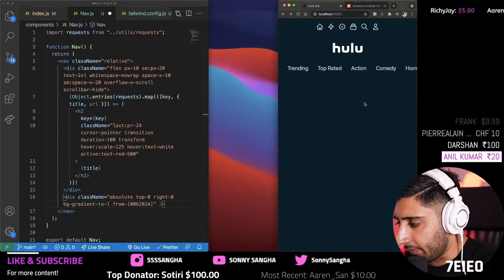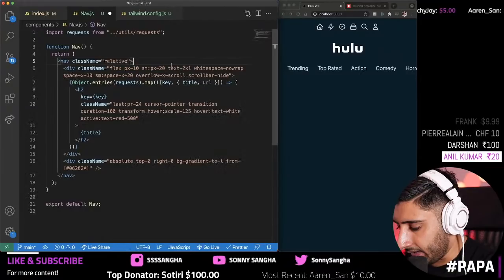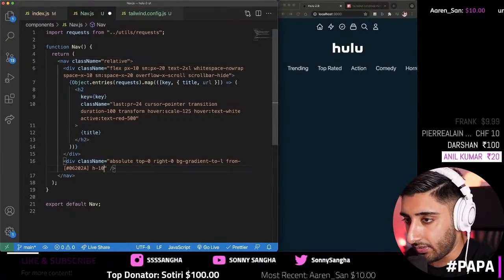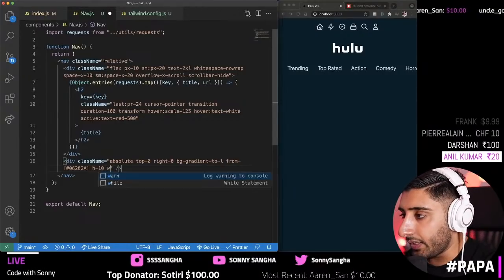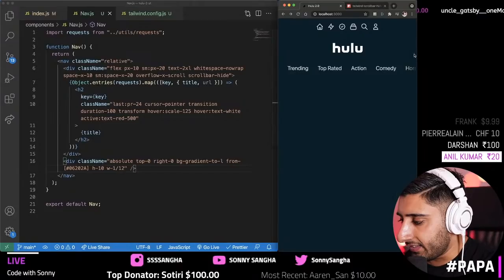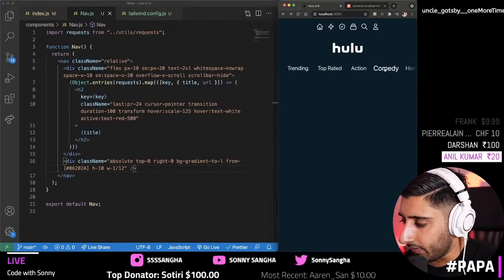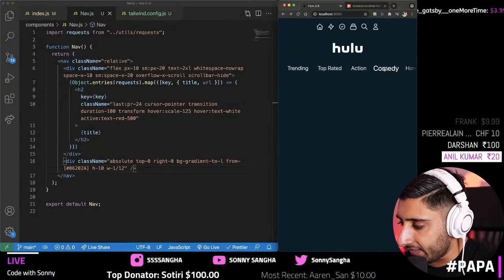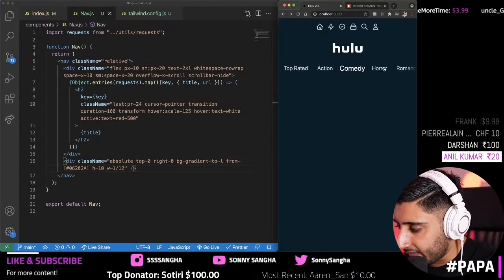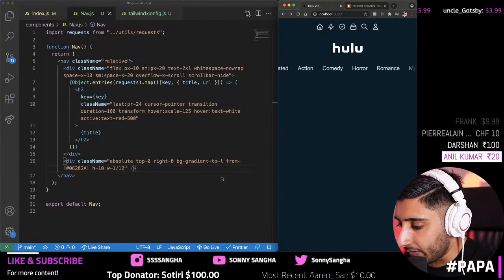And then I'm going to finish things off by adding in the final touches, which is h-10 for a height of 10. And then I'm going to say width should be 1/12. Now you can see, look at that. It's a width of 1/12 of the screen, and you see how it's got a nice subtle fade. All that's doing, guys, is going from a background blue to a transparent color,